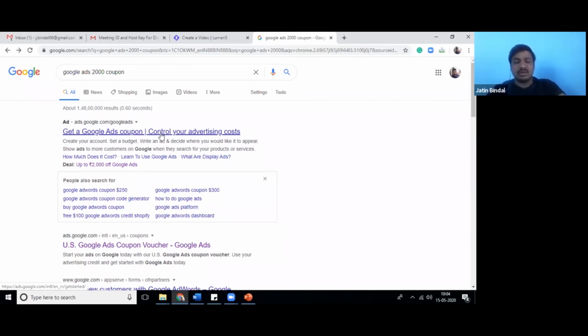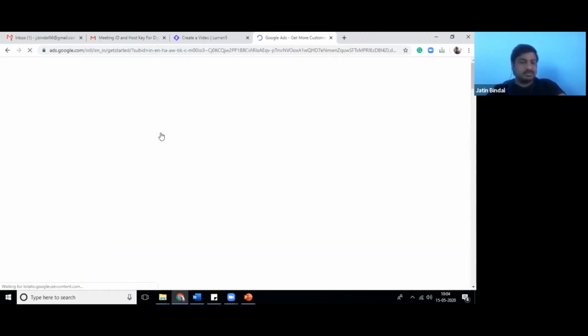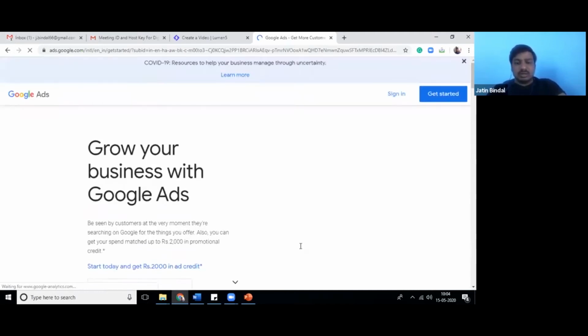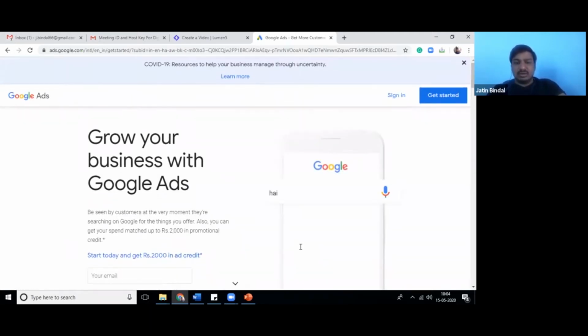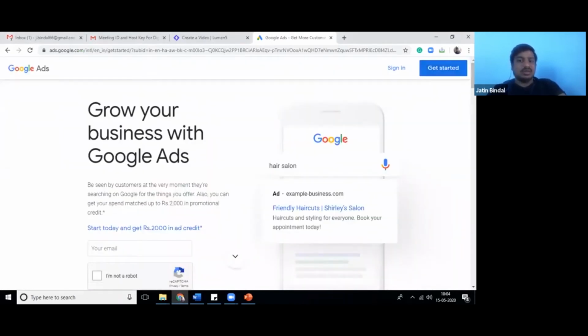Just the creation part should happen in the US and you will get a $150 coupon, which means around 10,000 to 12,000 rupees. You need a credit card for that as well. Next, click on that. Rajiv says, can we use VPN for the same? You can try, but most of the time Google figures out that this is a VPN and they don't allow you to create that.